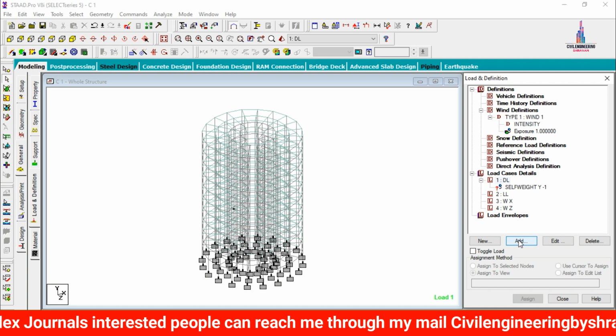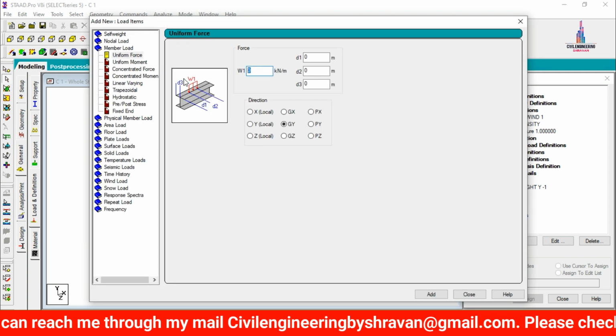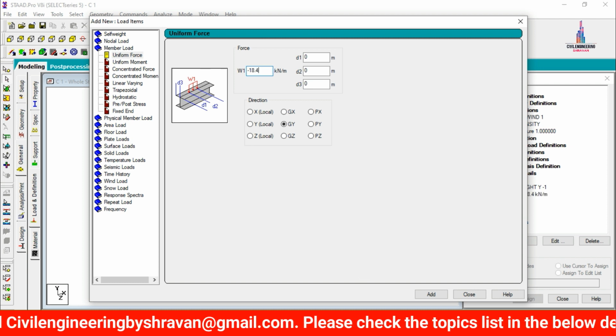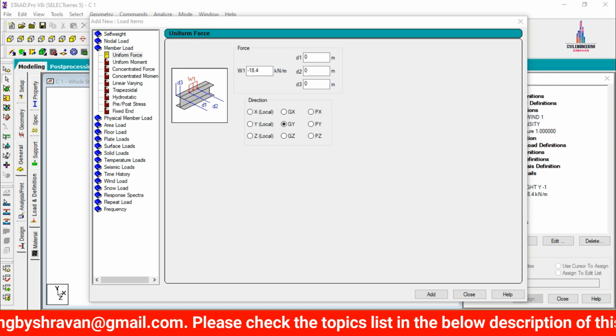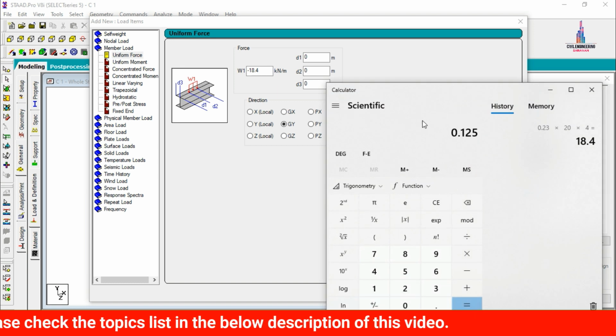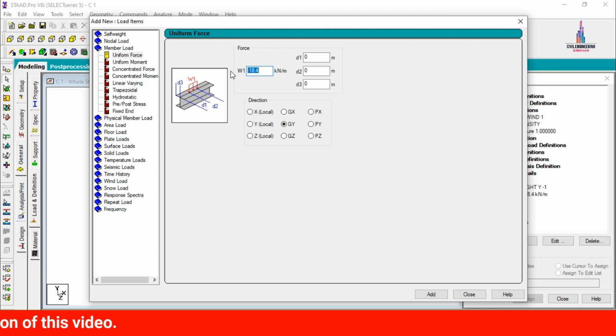For that, initially I will add the intensity. Select the member load which consists of minus 18.4 intensity, click on add. Again in the same process we have to calculate the intensity for internal wall load. Basically I am considering here 0.125 multiplied by 20 multiplied by your respected 4, which gives minus 10 intensity, add button.